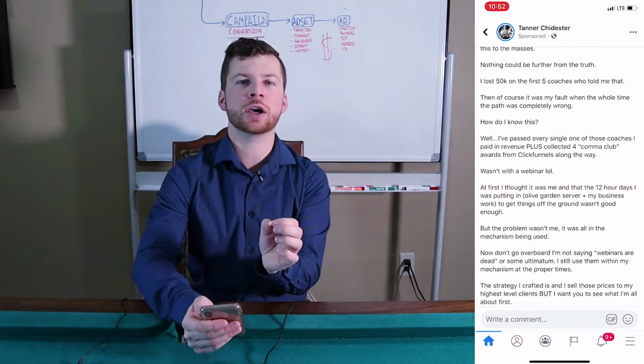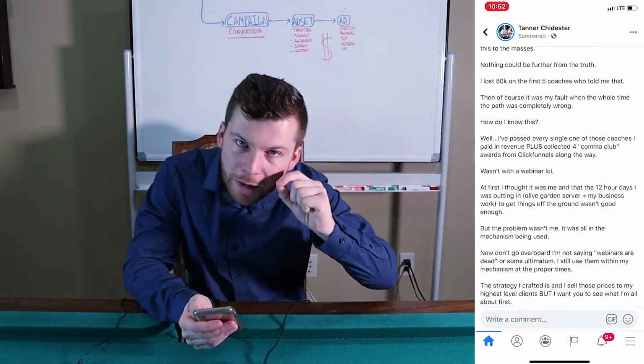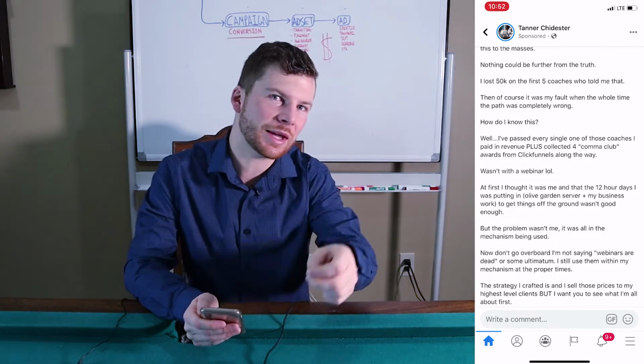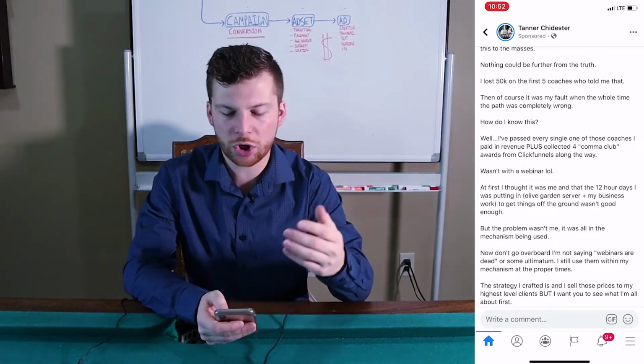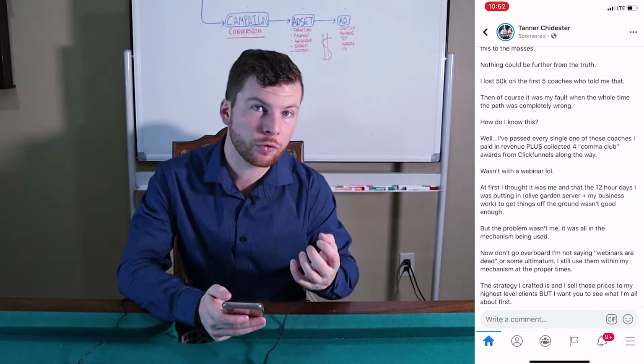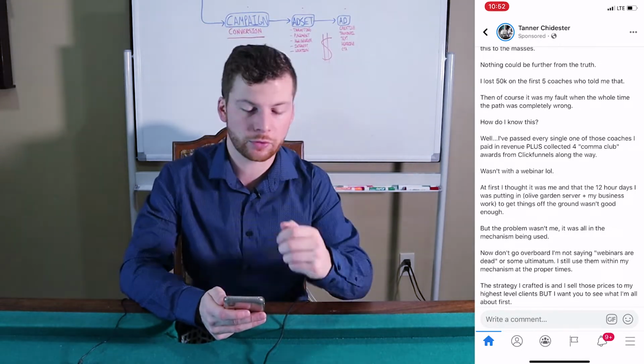So you need to hook because you have to set micro commitments, right? Micro commitments. You wanna just get them to go to the next step. So what's the next step here? Hook me enough for me to actually wanna click continue reading. The game, this is a long form copy. You have long form copy, you have short form copy, okay?